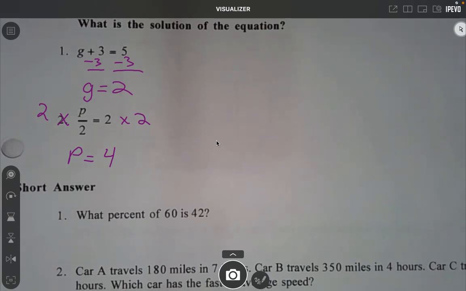Okay? So remember, you're just moving things around. Subtract 3. What's the opposite of dividing? Multiply by 2. Always do the opposite when you're moving. Okay, this one,